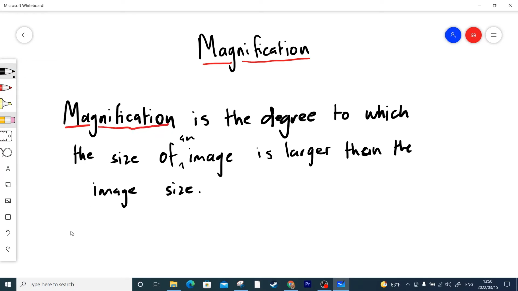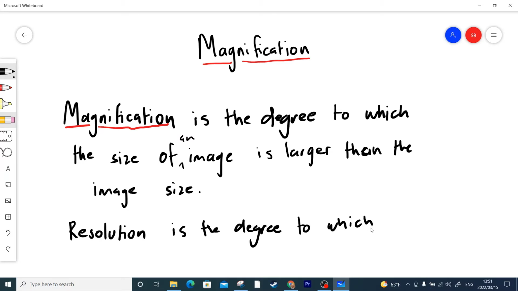You will hear about resolution, another definition. I like to think of resolution as, you take a picture with your phone, it's slightly blurry, you take a picture a little bit zoomed in of something and it's not that clear, and then you take another picture with a better camera and you can see much more clearly. That's the resolution. So it's the degree to which it is possible